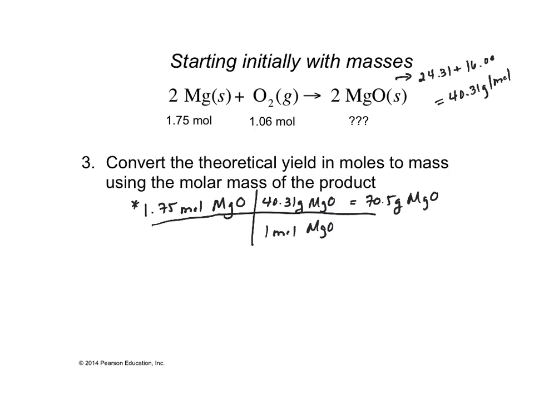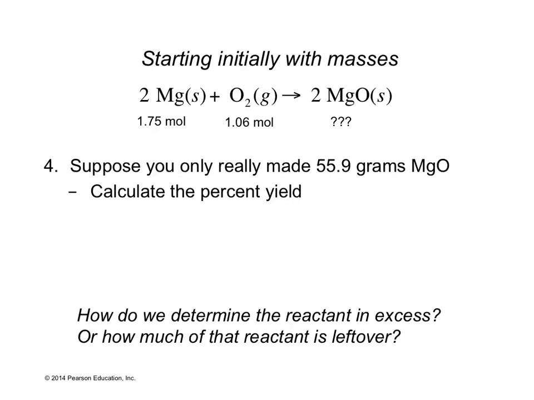Simple-ish, kind of, right? So this is theoretical yield. We'll write this again. Theoretical. Now we're in grams. But again, like I said, we're not very good at making stuff in chemistry, right? So we go into the lab. In theory, we could have made 70.5 grams. But in actuality, we dropped a bunch of stuff, and we only made 55.9 grams of magnesium oxide. So now I'm going to calculate the percent yield for this reaction, which is the actual over the theoretical